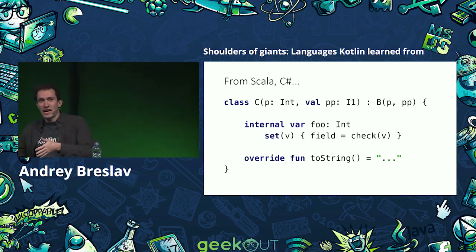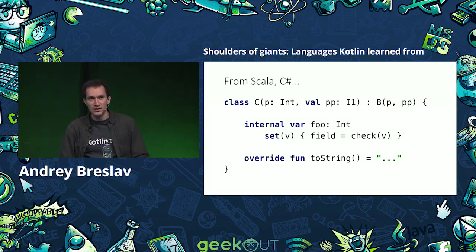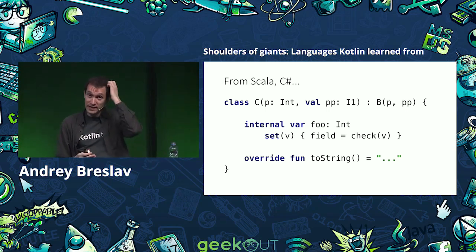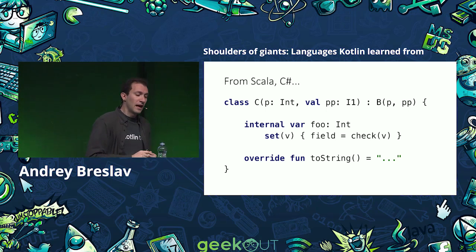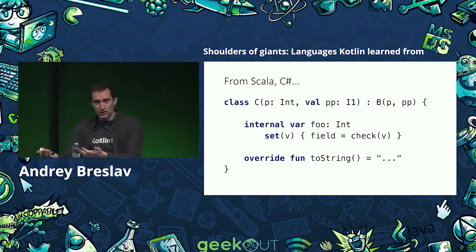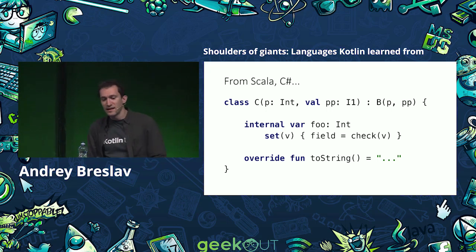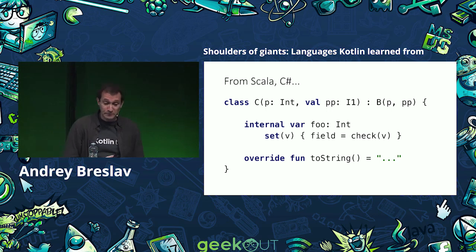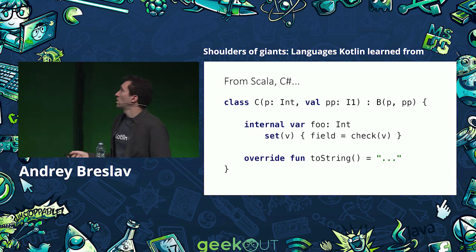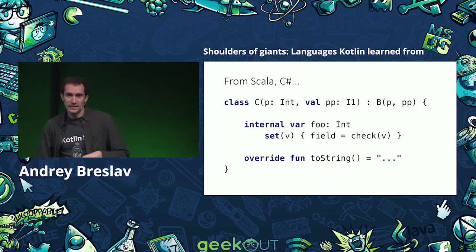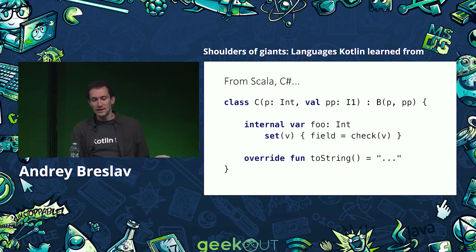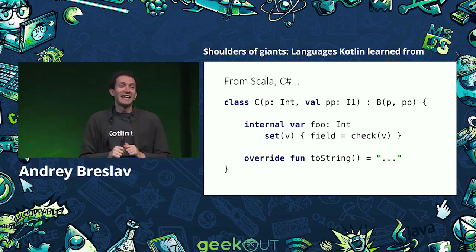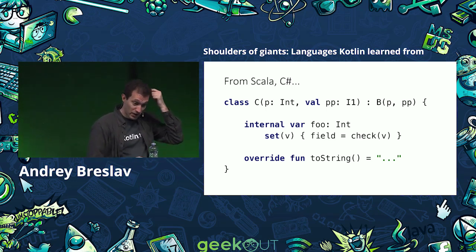So we could use the idea of internal visibility, which means you have a module which contains many classes, and those classes can see each other's internals if they like. So it's not package private, but module private. Unfortunately, our runtime, unlike C#'s runtime, does not support us there, so we have to emulate this. But the idea has proven very useful, so we're keeping it, and thanks to C# for this idea. Also, the override keyword, being a keyword in the language and not an annotation like in Java, comes both from C# and Scala. And the fun keyword, which we're particularly proud of, actually doesn't come from either of those two